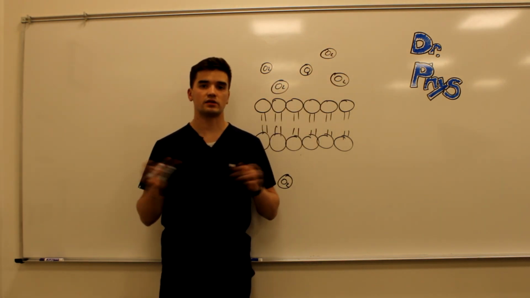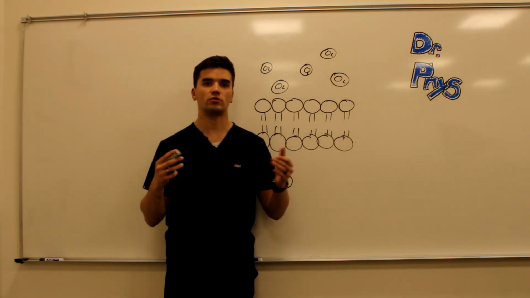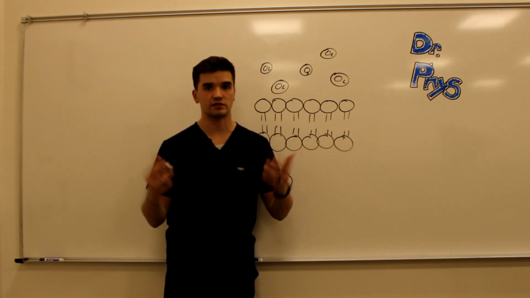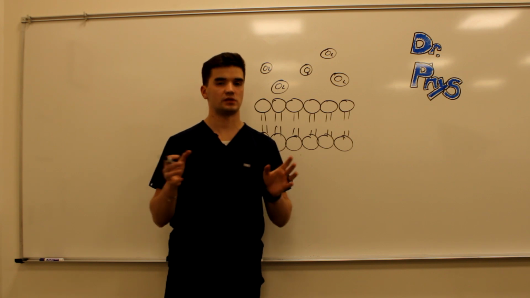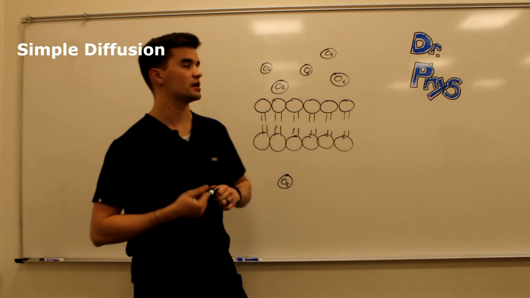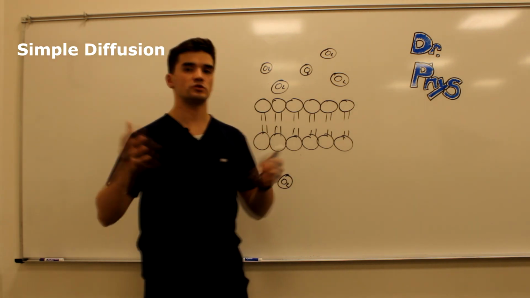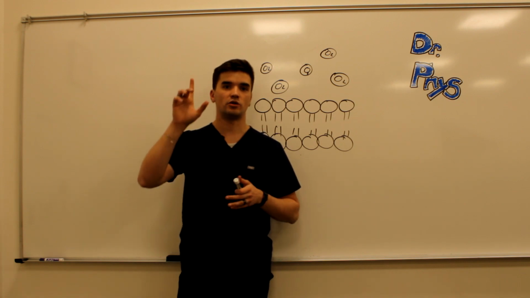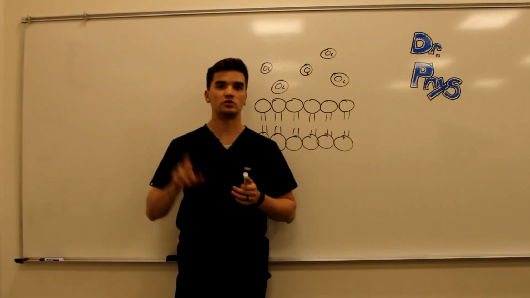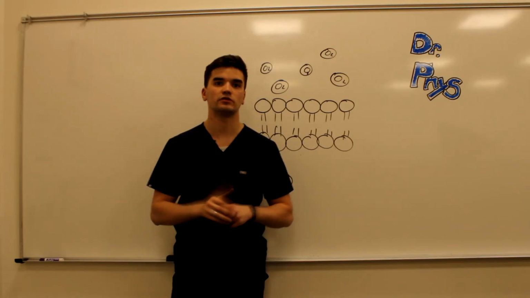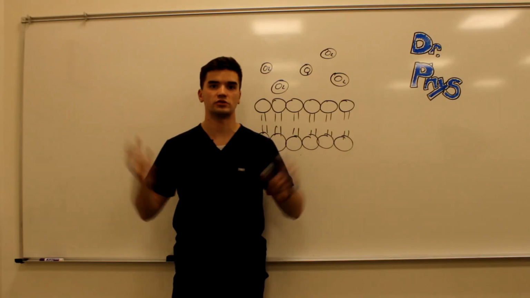So let's dig deeper into the concept of how a plasma membrane lets things in and out of the cell. Starting with something simple. It's actually called simple diffusion. Let's define what diffusion is. When we spray a perfume, you always hear the word diffuse. You diffuse perfume across a room. Or you have an essential oils diffuser.